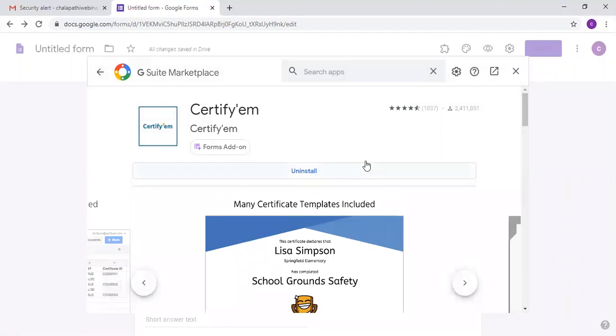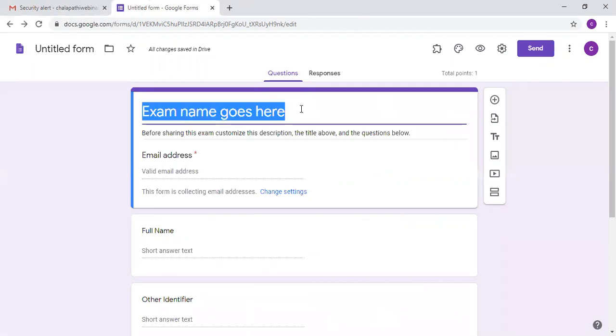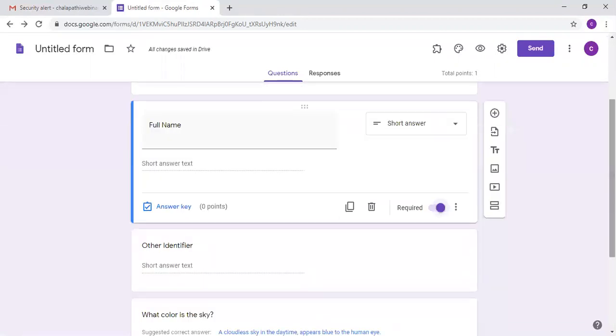Click on done, and now click on cancel on this one, and see now the form has been reorganized, where you can type whatever you want. You can type over here your college name, or your quiz name, or your topic name, anything. And email is mandatory, because the certificate will be sent to the email address only. That's why it is mandatory, and the name also is mandatory. You can click on this and make it mandatory, because whatever name they give will be printed on the certificate, and that will be sent to that particular email ID.